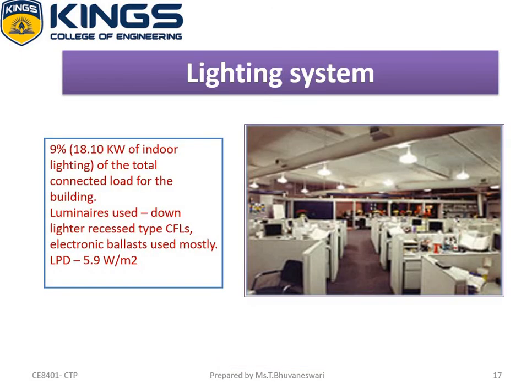The next one is lighting system. The percentage of the lighting load to the total load shows that there is a very small percentage of artificial lighting used in the building. The electronic ballast saves approximately 20 to 30% in energy consumption over the standard ballast in the office building.